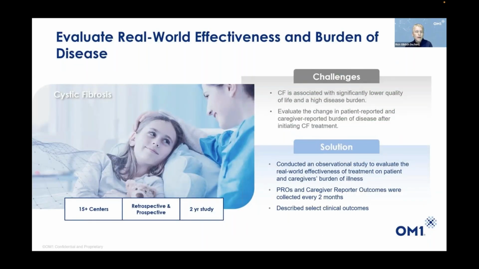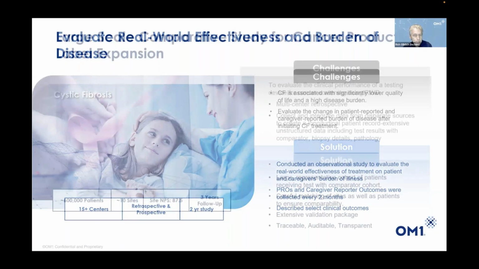Let's walk through a couple of case examples, and maybe a handful of them, of using these technologies to automate data collection, leveraging automated EMR data collection, and occasionally some active data collection. So this is a case where we're looking at a relatively rare disease, cystic fibrosis, in about 15 centers over 2 years. And the real purpose of using automation in this case was not the number of patients, but the leveraging of the unstructured data in combination with the patient-reported outcomes data to actually compare how clinicians reported patient success with this new therapy versus how patients were reporting it.